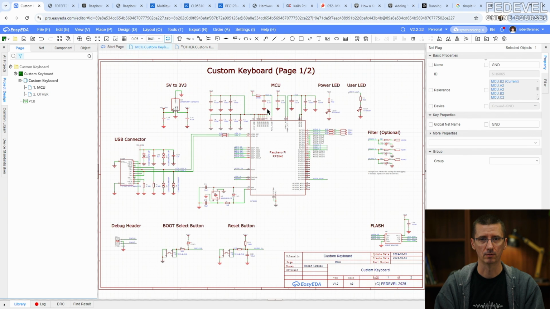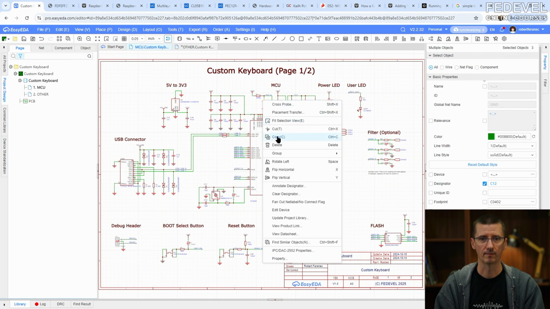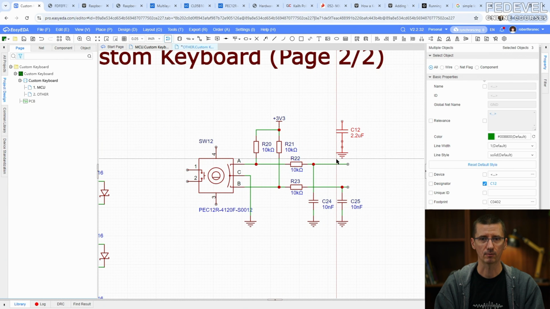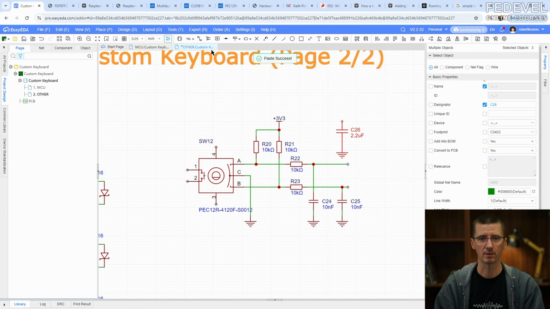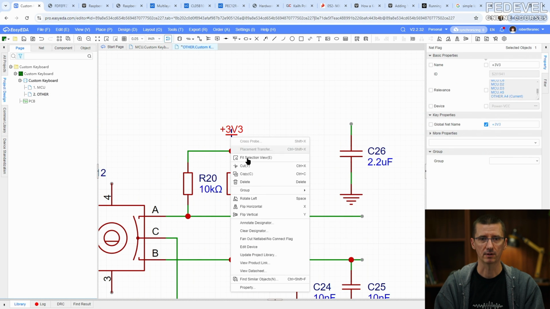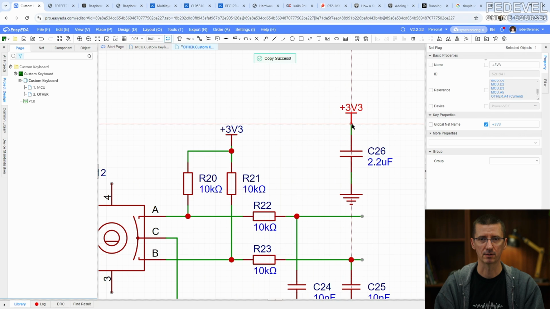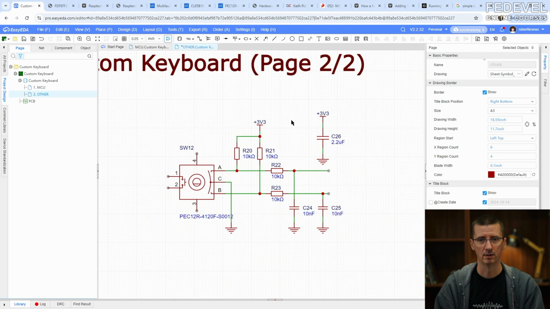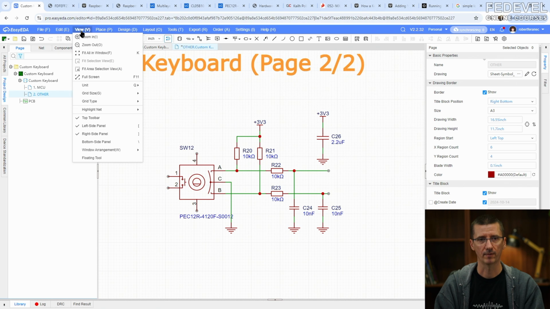Now I'm going to place one more capacitor, which is not in the data sheet, but I would like to have a little bit bigger capacitor close to this encoder just to be sure the power is stable and there is no noise, like this. Okay,